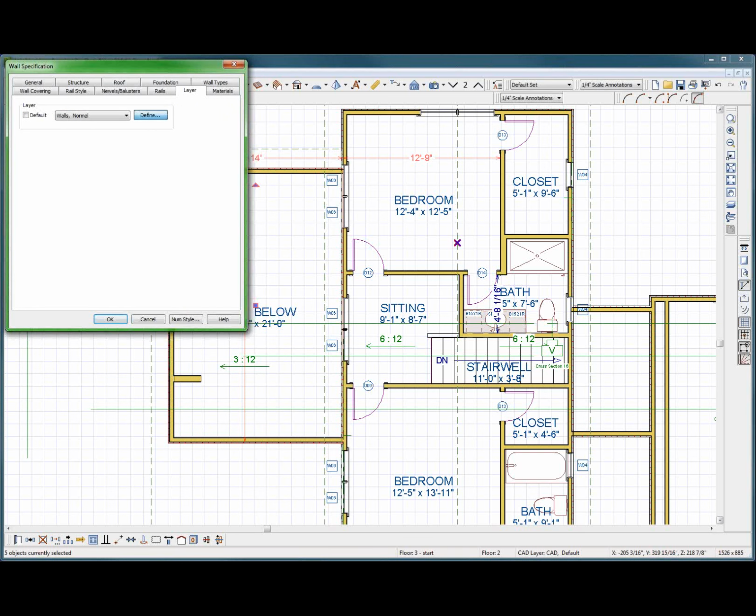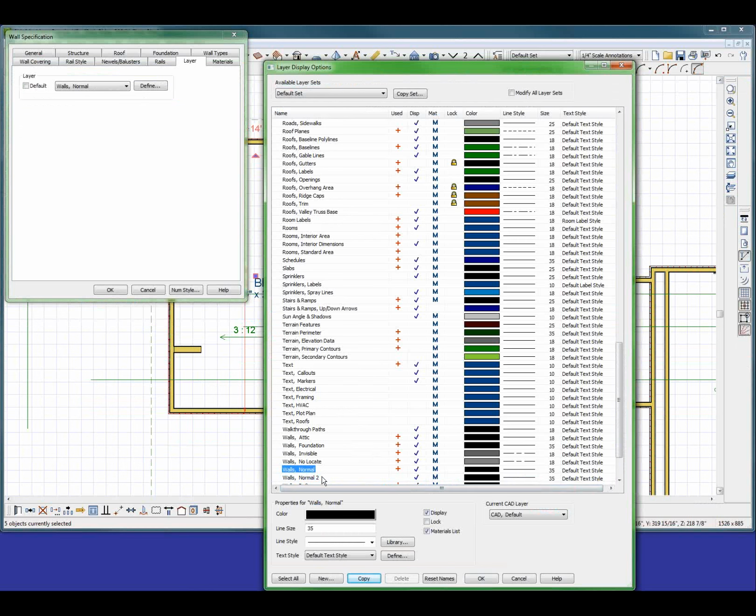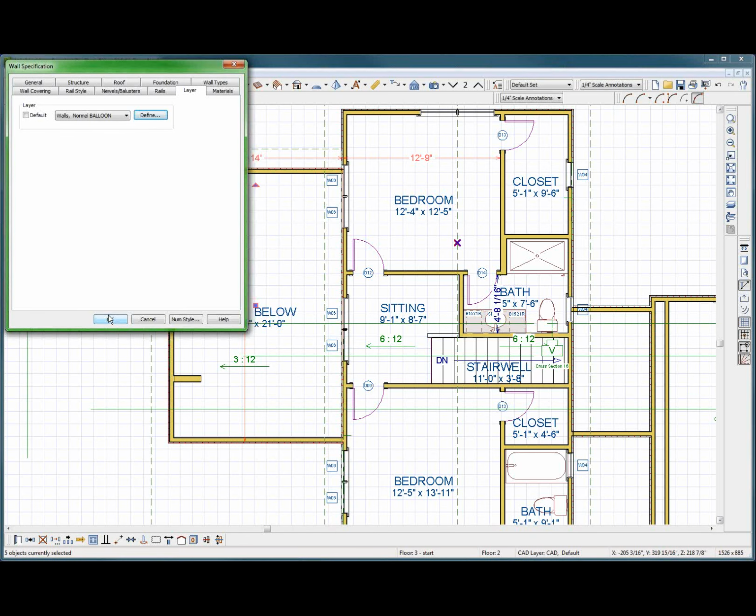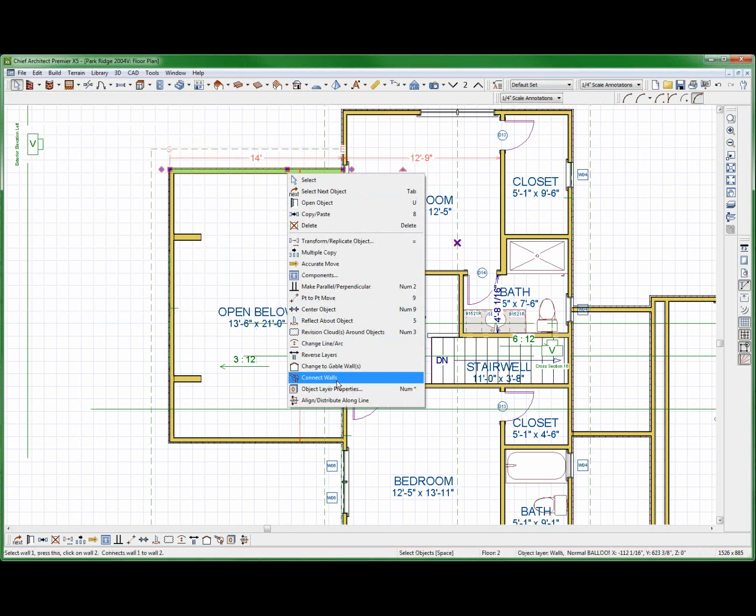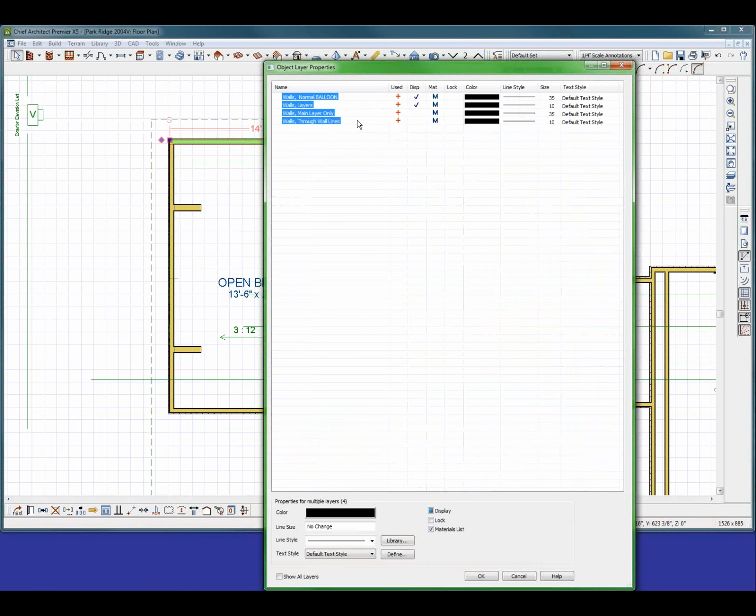Define, copy, balloon. I don't know. This isn't a very good situation. I think this is a better solution than what Gene was working with, which wasn't even showing the walls, because I think they're there. And then what I would probably do is object layers. I would probably make them dashed, I guess, and main layer